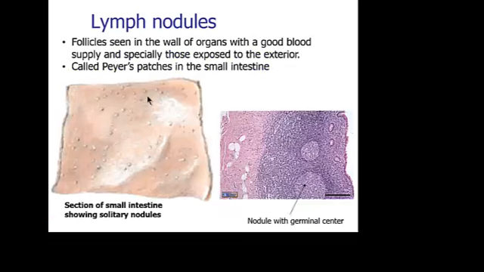Next are lymph nodules or lymph follicles, just follicles, which are part of another organ. They are found in the walls of the organ, usually in what is called the lamina propria or submucosa. Especially seen in organs which are exposed to the exterior. In other words, it doesn't necessarily have to be exterior like skin, but your mouth, for example, the oral cavity, exposed,